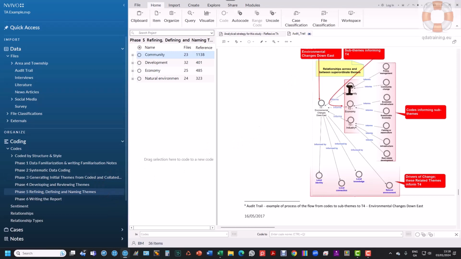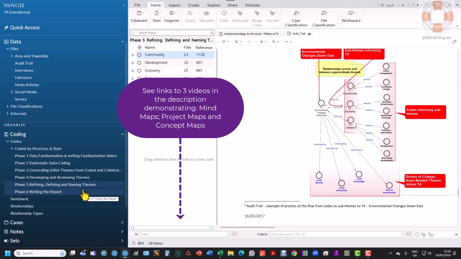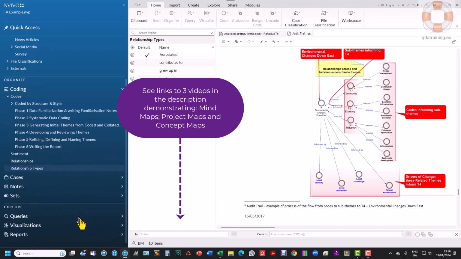We've left that completed in the project file that we have here, and we have separate videos on using three different types of conceptual mapping that are possible in NVivo: mind maps, project map, and concept map. That particular one is a concept map. So this will be down here in the visualizations area. We have a separate video as well called Visualize Your Data with NVivo, which is a whole other hour webinar we did for the developers of Lumivero. But this is